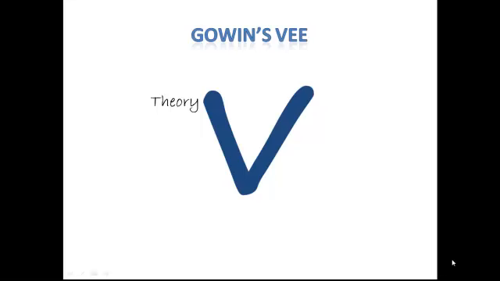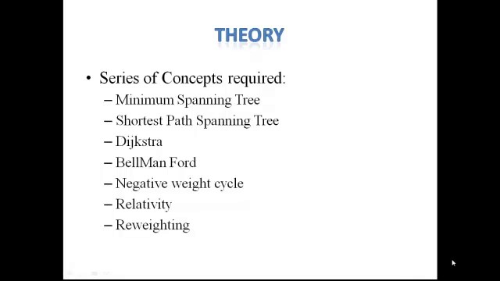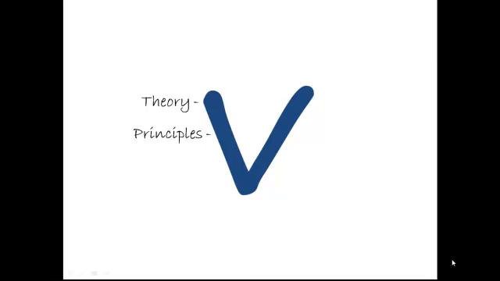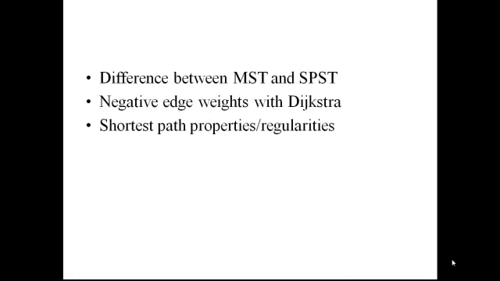D.G. Govin in 1980. Starting from theory, the series of concepts required for discovering Johnson's algorithm are minimum spanning tree, shortest path spanning tree, Dijkstra algorithm, Bellman-Ford, negative weight cycle, relativity, and reweighting. Moving towards principles,